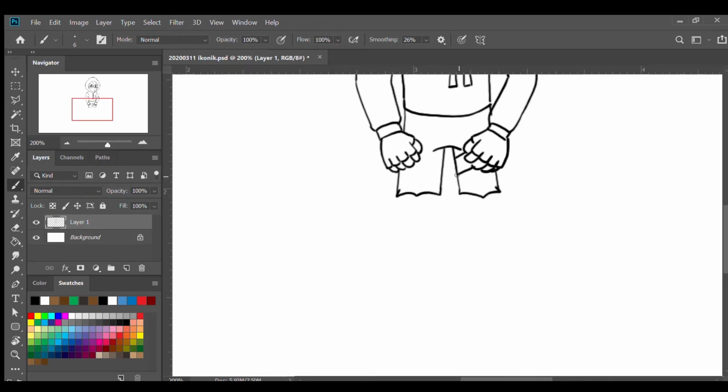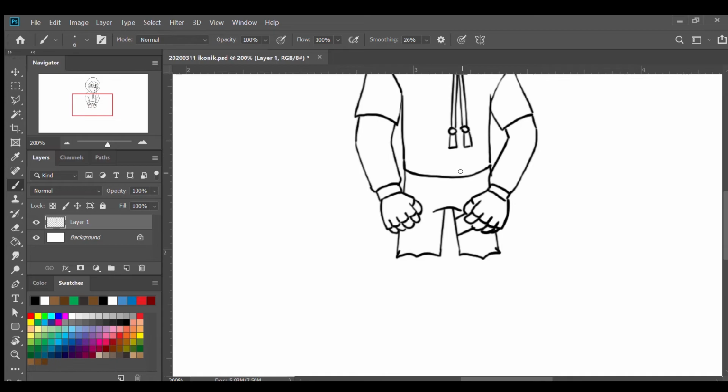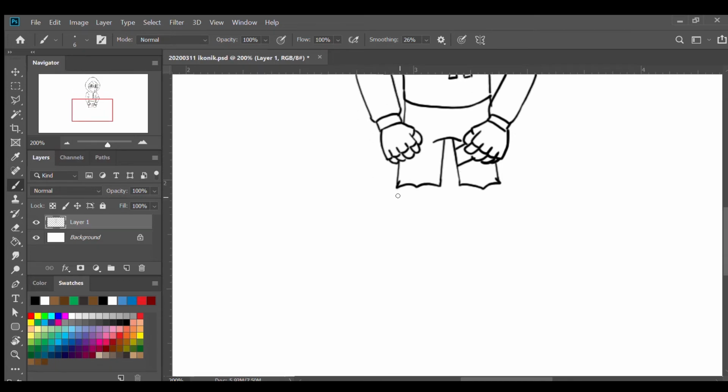And then below, I'm gonna continue to draw his legs. So I'm gonna draw a line downwards like that, and another line on this side like that. And then for the right leg,